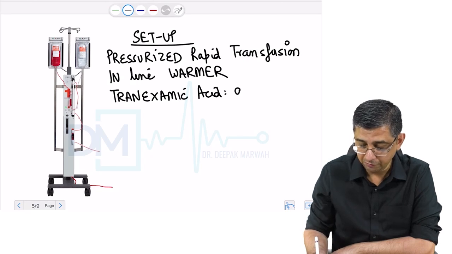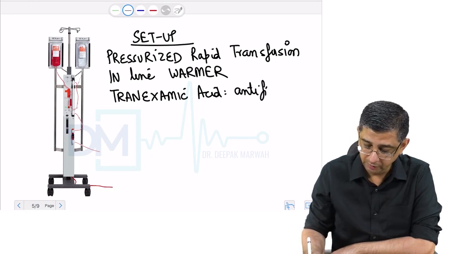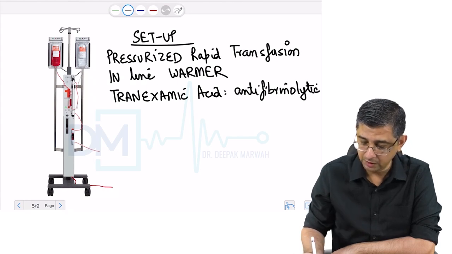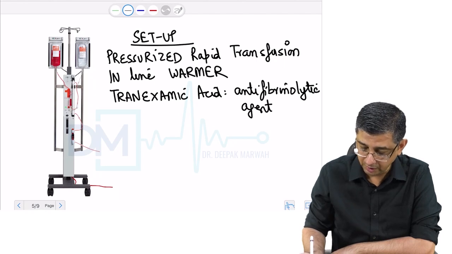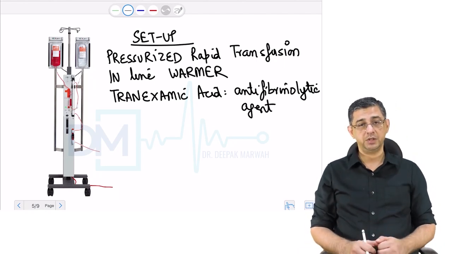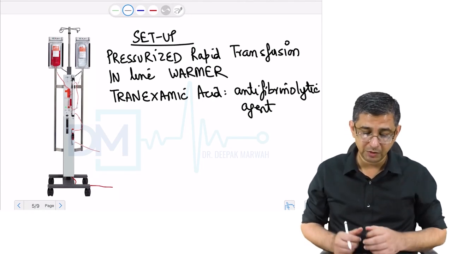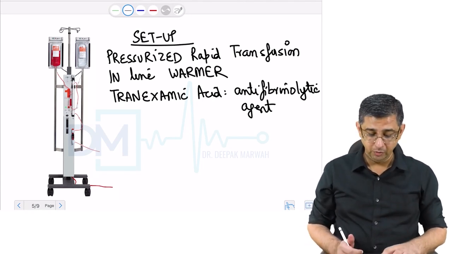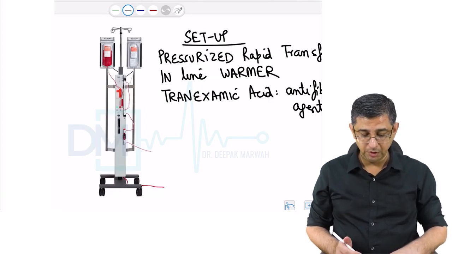This is an antifibrinolytic agent. It will stabilize the clot. It will stabilize the hemostatic mechanisms of the patient, and again, the chances of bleeding in the patient will be minimized. So once we have these things in our mind, we will now decide on how to initiate MTP in